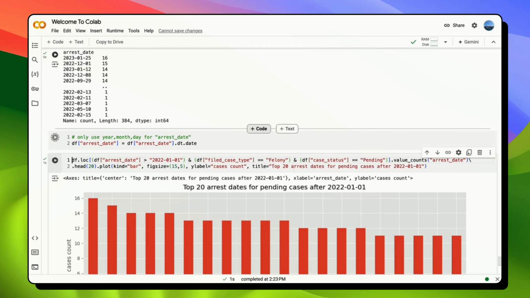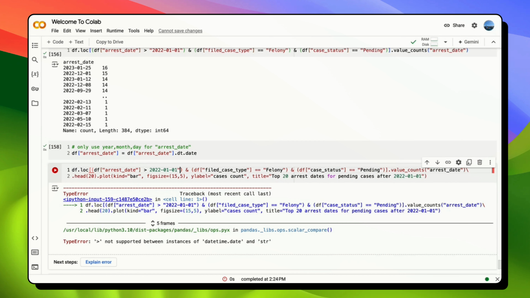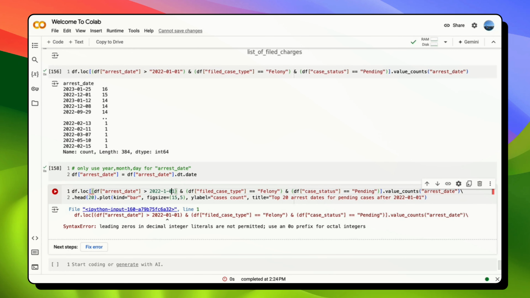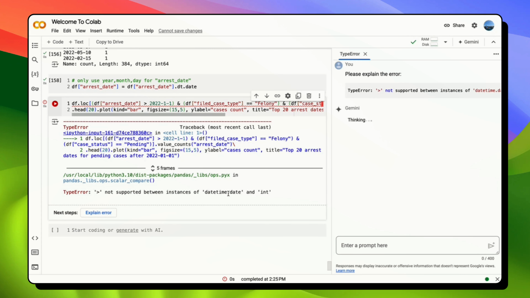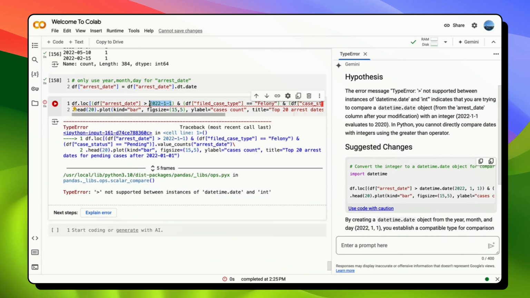We are not going to change the format for now. Let's remove the 0. Okay, let's go ahead and see how we can resolve it. So what happened was the type of the data was string before, but now the type is